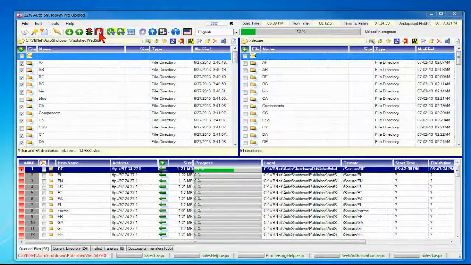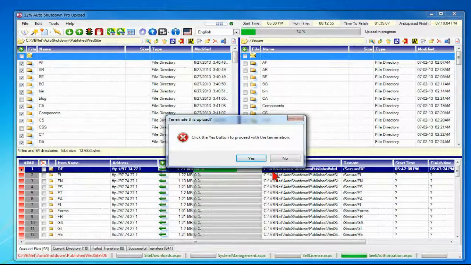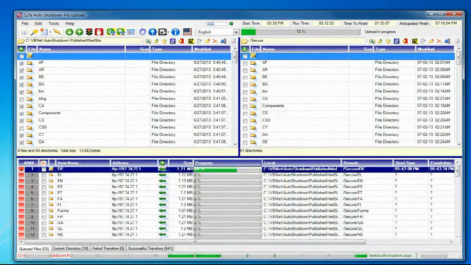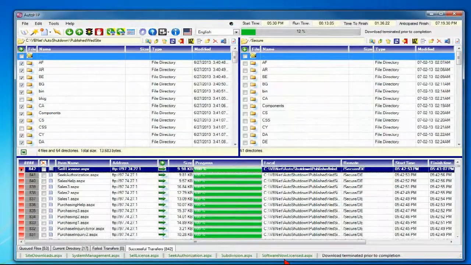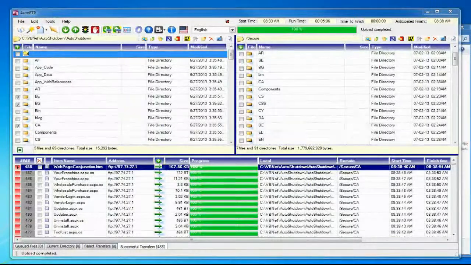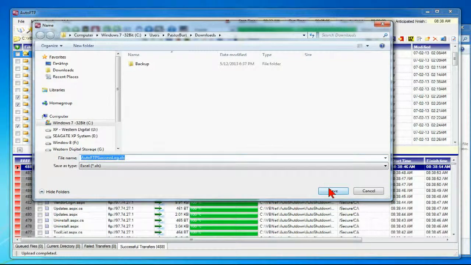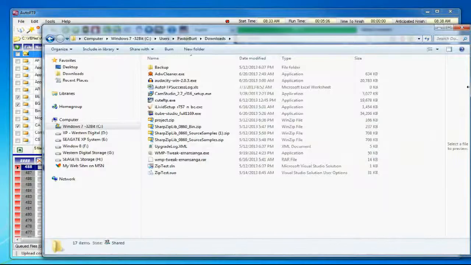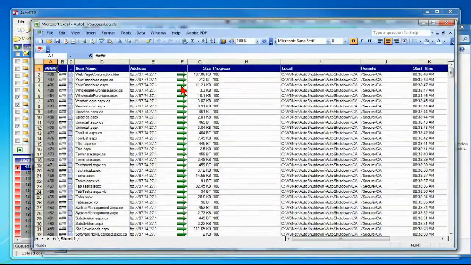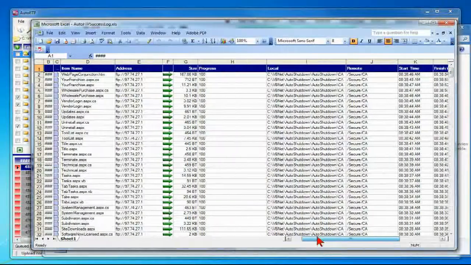To terminate an upload or download, click the button on the toolbar that looks like a hand. The transfer is now terminated. To accomplish the same transfer would now require starting it over from the beginning. Once the transfer completes, you can click the Excel button, which enables you to save the log where you choose. Clicking on that Save button within Explorer, we see this log within Excel itself, clear, to the point, and easy